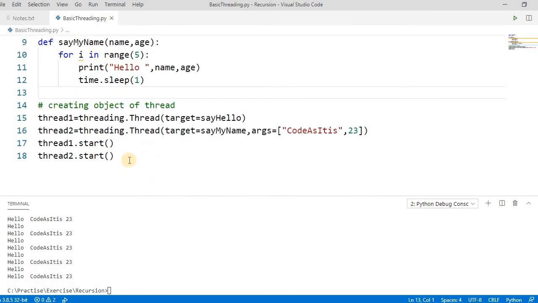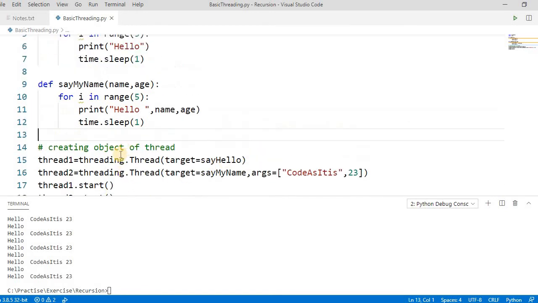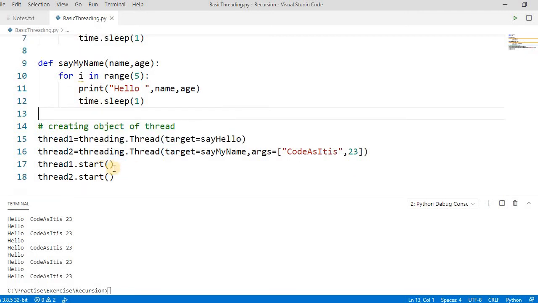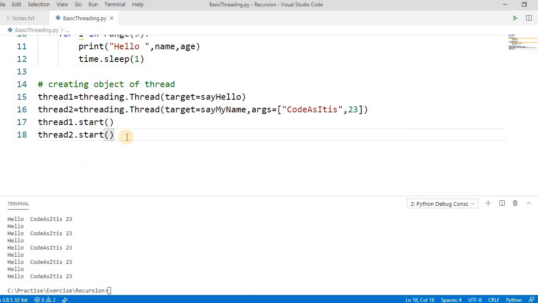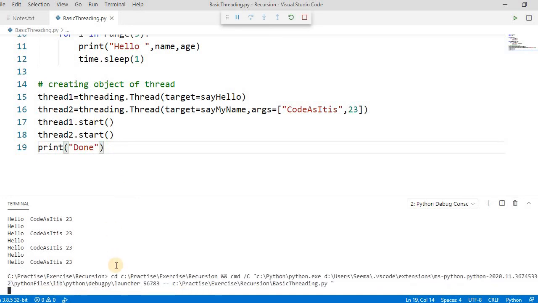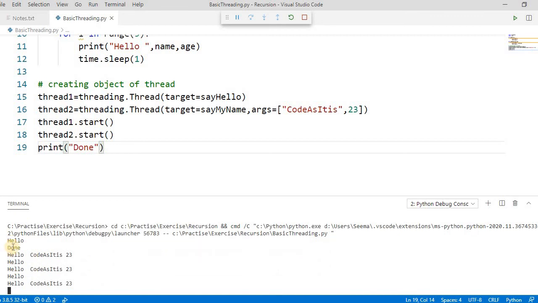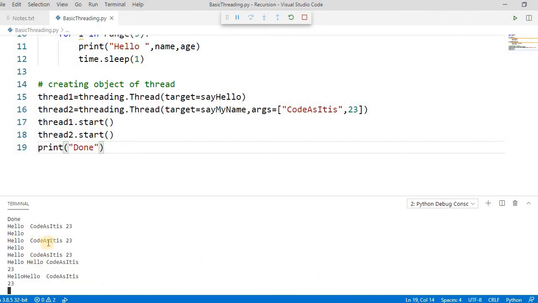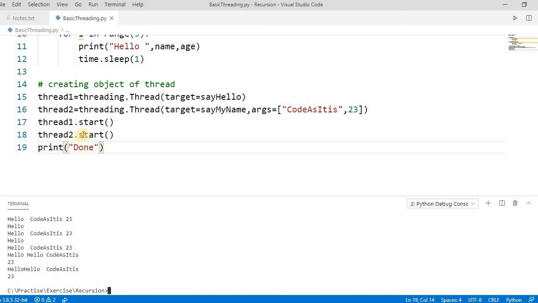Okay. Now let's check how many threads are running. Till now, according to us, there are 2 threads, but by default there is 1 main thread that is running in the background, known as the daemon thread. The main thread runs until these 2 threads are closed, right? But let's try to understand it. Let's say something like print, say done. Now let's run this and try to get the result. See here, it prints one hello and then prints done. It does not wait for anything else, right? It prints this hello and then done.